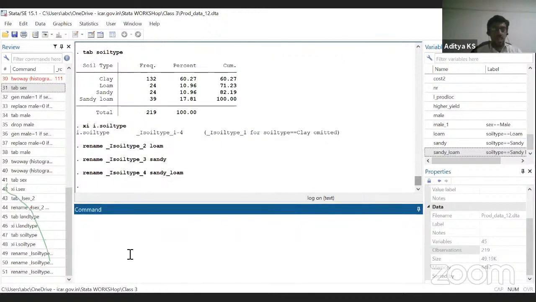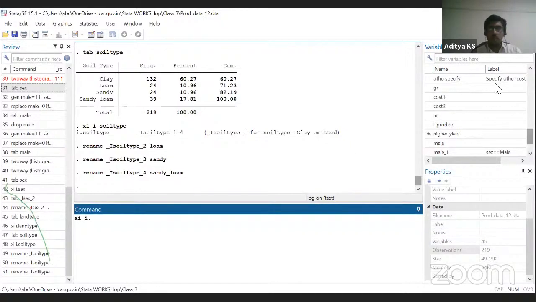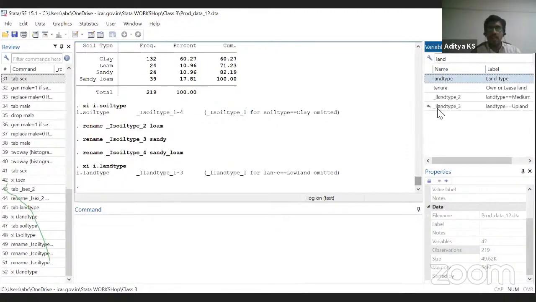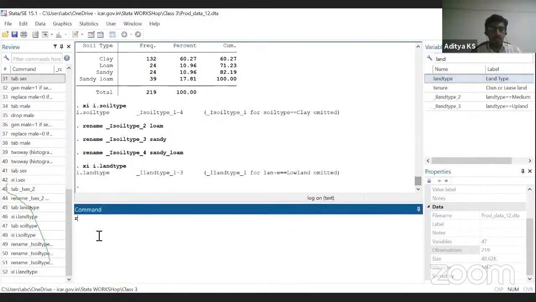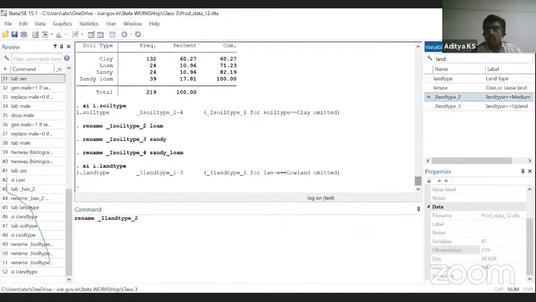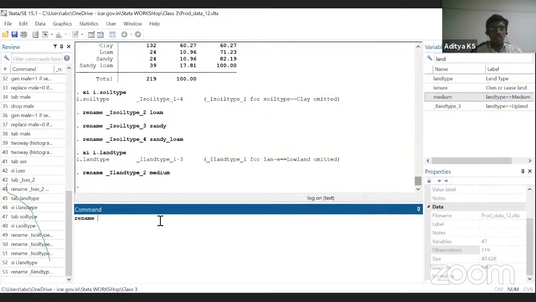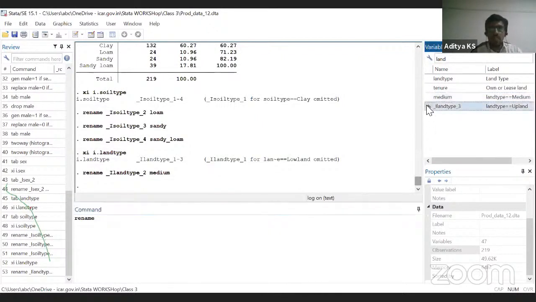Now you can again type xi i. followed by the earlier variable that we tabulated, land type. Now we will get two land types. So just rename them. What do you need to rename it as? Medium. Rename land type 3 as